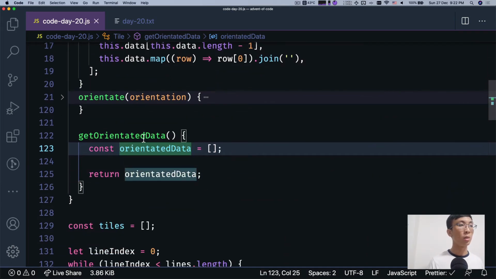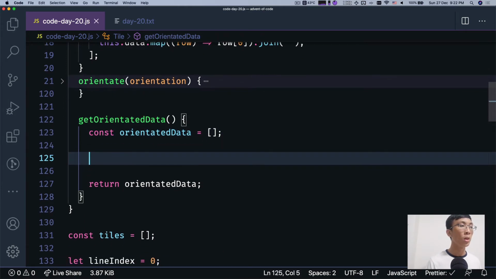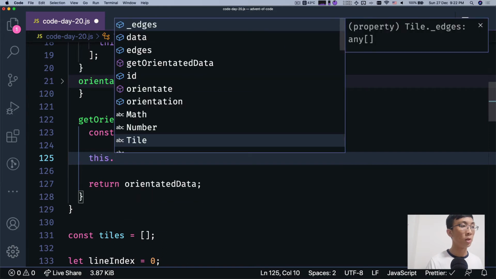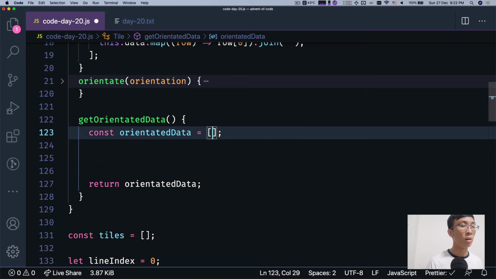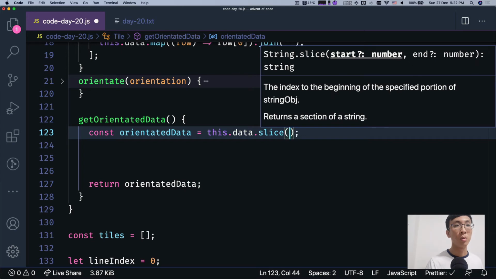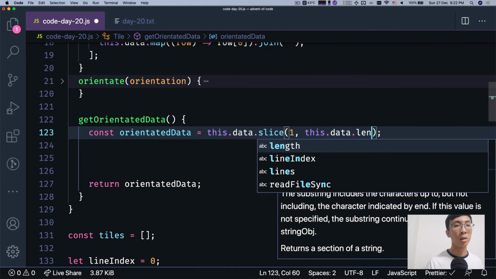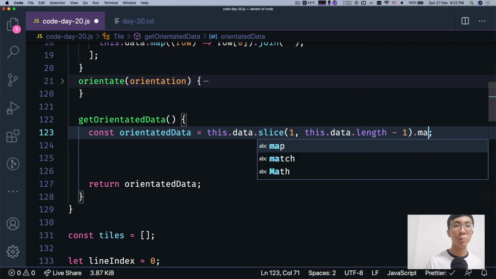Okay, so I'm gonna call this so that I can get the oriented data, which is already stripped off the edges and rotated correctly in the correct orientation. So here I'm gonna strip off, so this.data.slice(1, this.data.length - 1). I'm gonna slice off, and then I also need to map